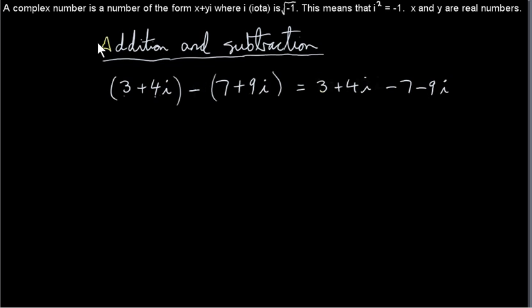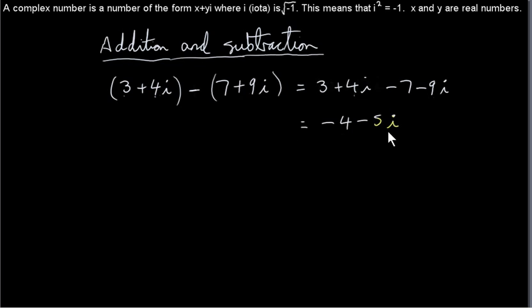And then gather up like terms. We've plus 3 minus 7 is minus 4. So the plus 3 and minus 7 are like terms. The plus 4i minus 9i are like terms. They can be gathered together. Plus 4 minus 9 is minus 5, so we get minus 5i. It's just like ordinary algebra. So the complex number 3 plus 4i minus the complex number 7 plus 9i is the complex number minus 4